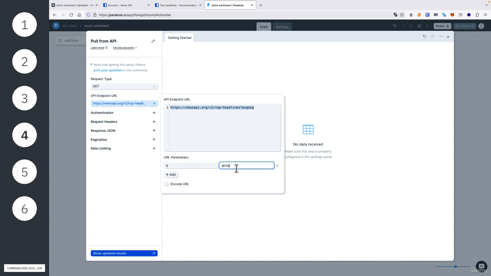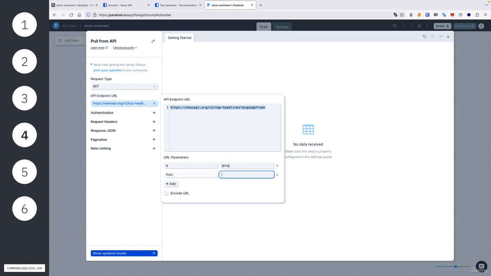So the next parameter that we'll want to define is the date. Since we're using the free NewsAPI plan, we can only set the date before. Therefore, you should copy everything that I'm doing except for the date. So you'll want to use the day before that you're watching this lecture as the date. So to define this URL parameter, and it will make a lot more sense as we define it, you'll want to click Add again. And once you've done that, you'll first want to enter from,